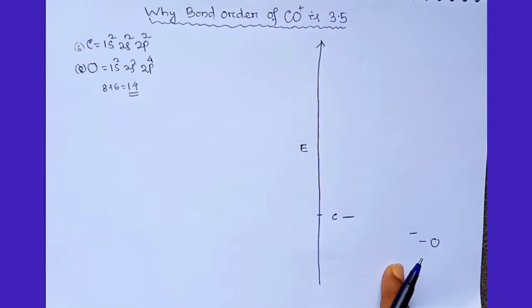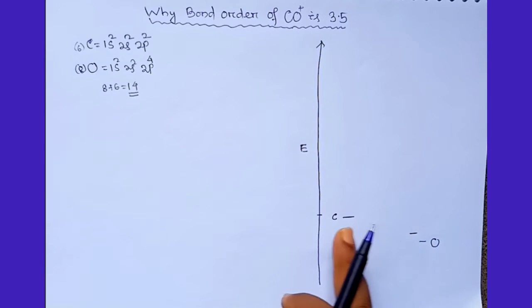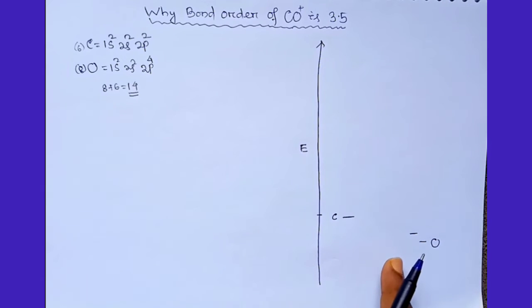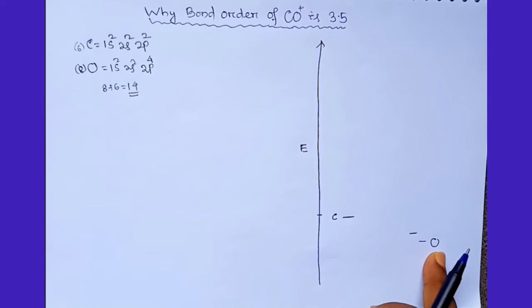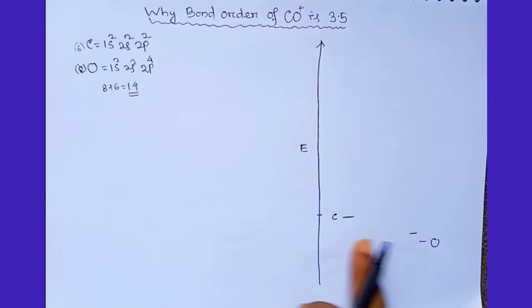We can also know this by applying ionization energy. As oxygen is more stabilized, more energy has been released during its formation. So to extract one electron from its outermost orbit, we need more energy. So the ionization energy of oxygen will be more than that of carbon. Similarly, using the concept of electron affinity, the energy released when an electron is added to a neutral gaseous atom, oxygen will release more energy than carbon.